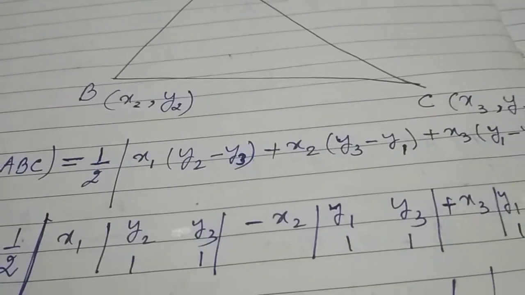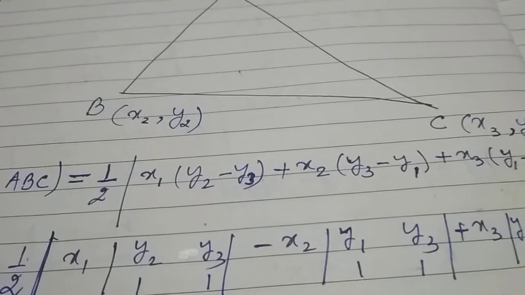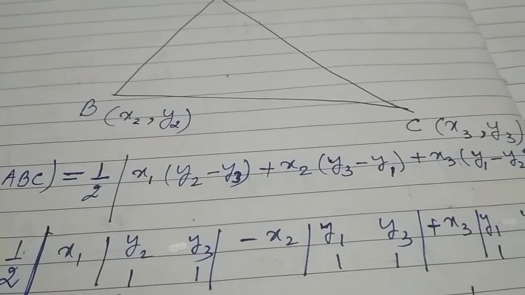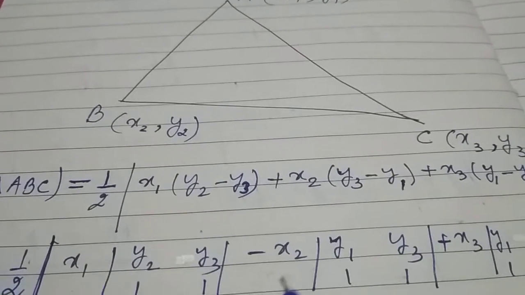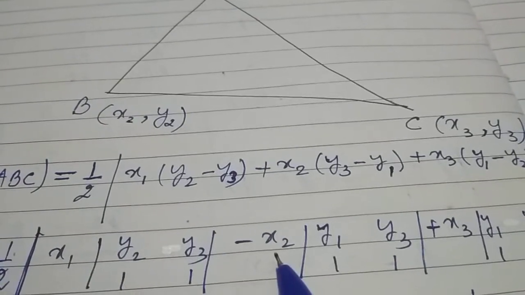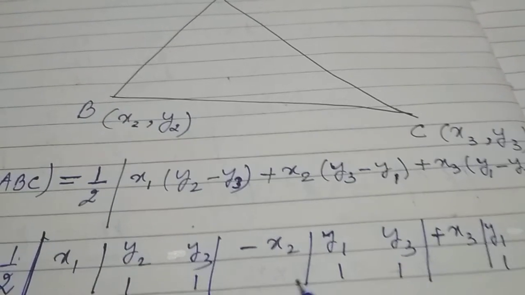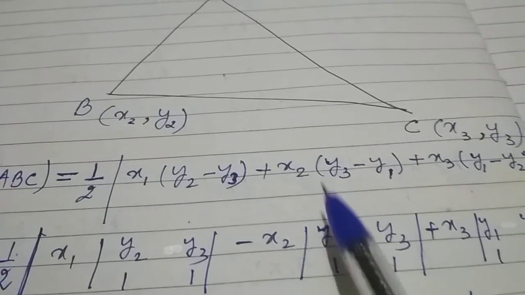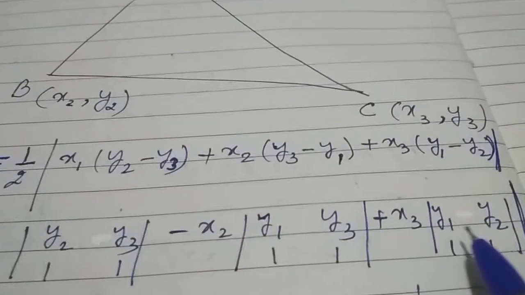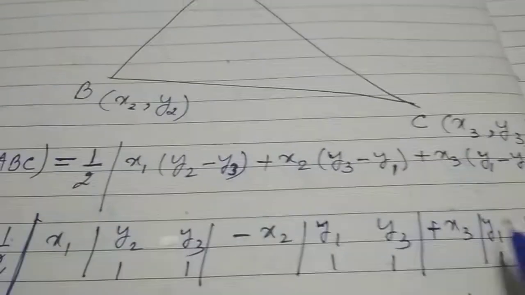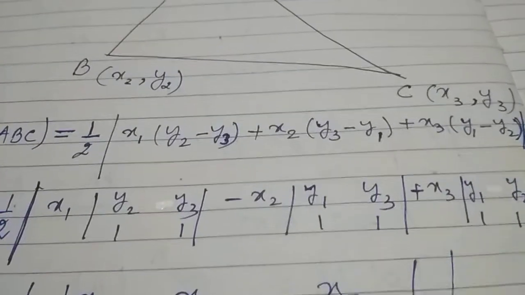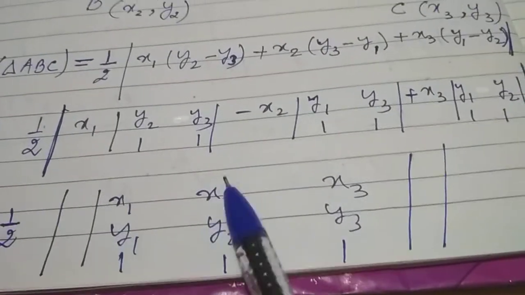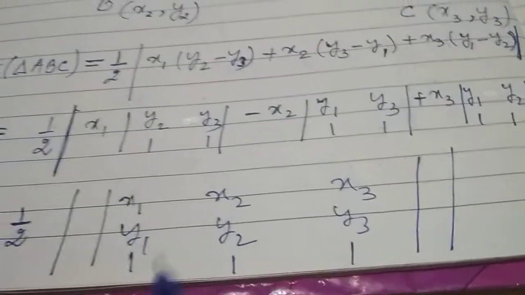you can see this particular expression in the form of determinants, as x1 times determinant y2 y3 1 1, minus x2 times, deliberately I have taken out the minus sign, in the next step we'll see why it is like this, determinant y1 y3 1 1, and then plus x3 times determinant y1 y2 1 1. This is nothing but the determinant x1 x2 x3, y1 y2 y3, 1 1 1, with half